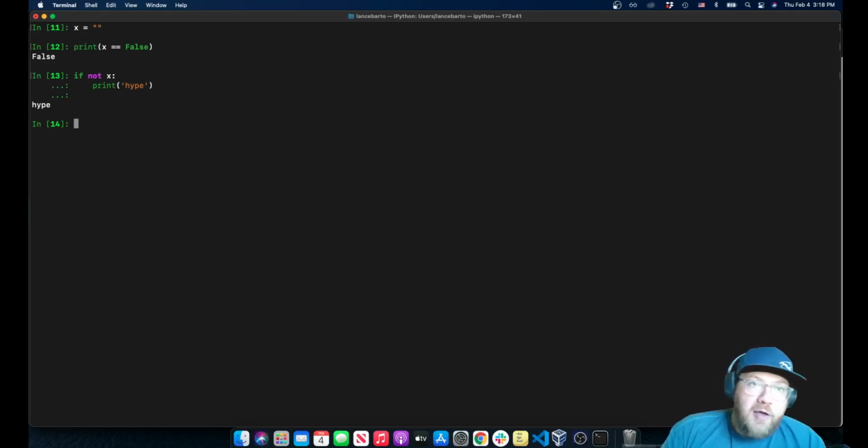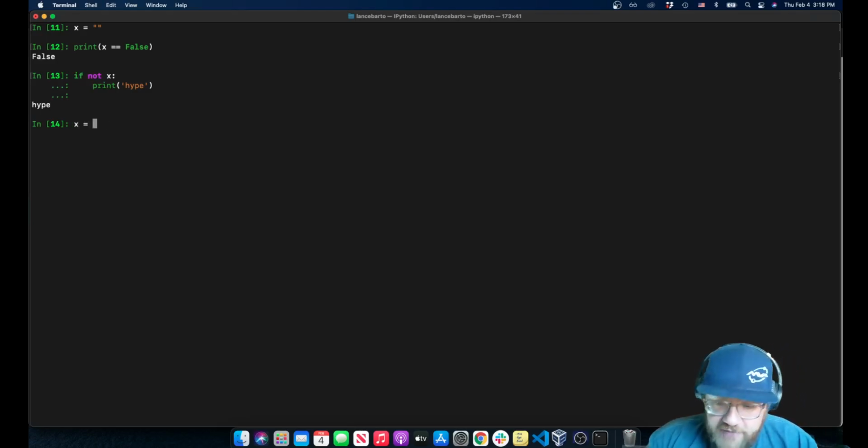So it won't pass an explicit test, like an x double equals false, the Boolean. But if we say if x, that would be to say if x is truthy. If I say x is "this is the hype", and I say if x print the hype,